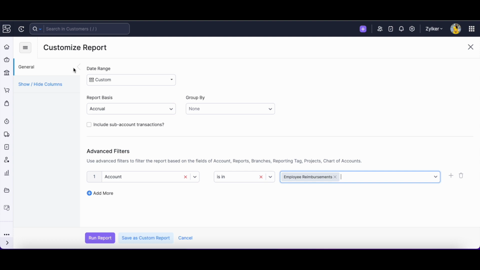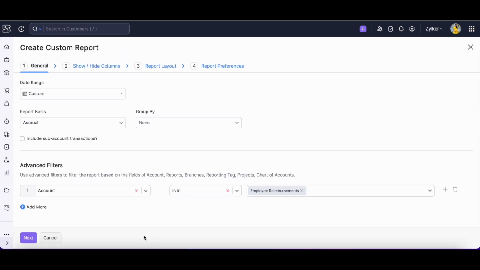So I'll be checking my employee reimbursement frequently. Customizing the account transaction report frequently for the employee reimbursement account would be tedious. So what we can do, in this case, is save this customization as a custom report. So do this after clicking on the advanced filter. We have to click on save as custom report,